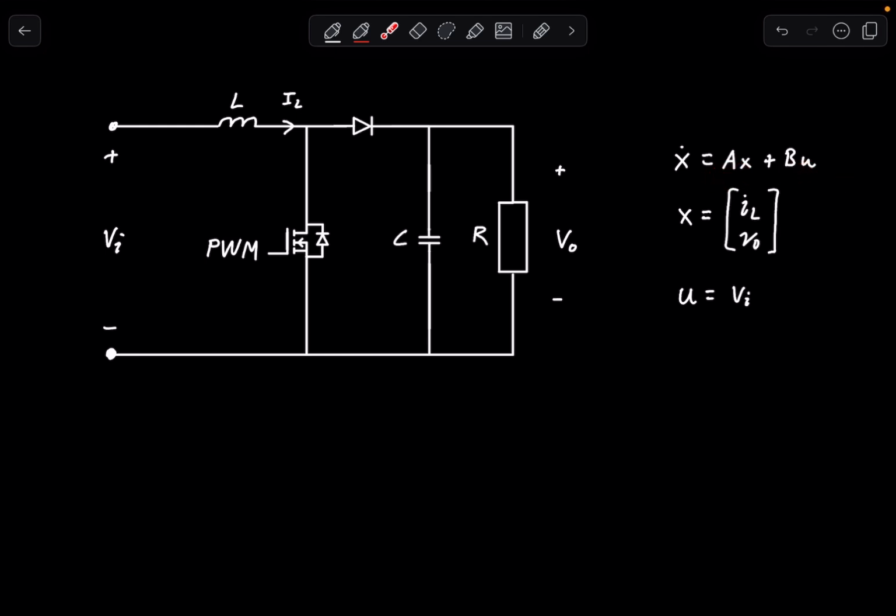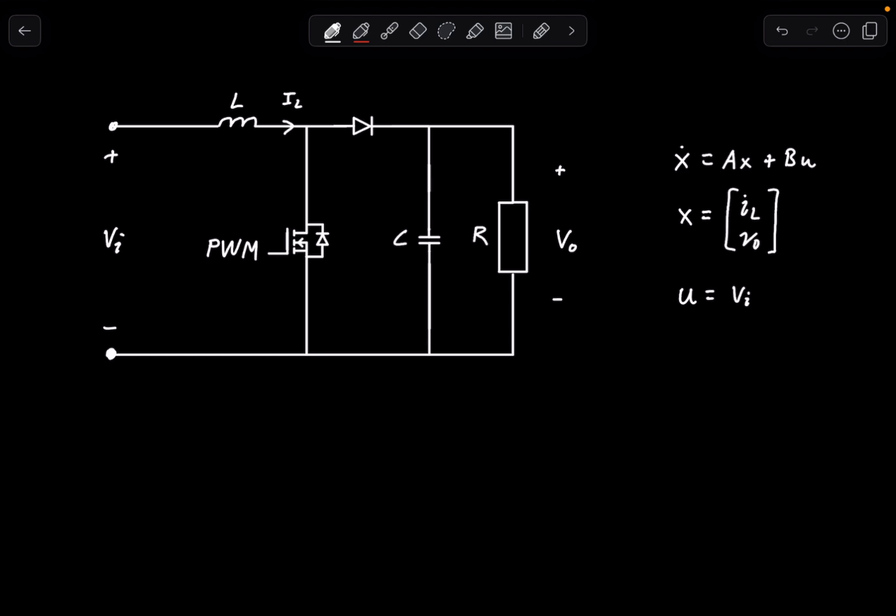In order to do that, we need to look at the equations for the circuit. So there are two different types of states. So we have one when the MOSFET is on and one when it's off. So we will get two different sets of A and B. Now in both cases, when it's on and off, we want to look at the equations for the capacitor and